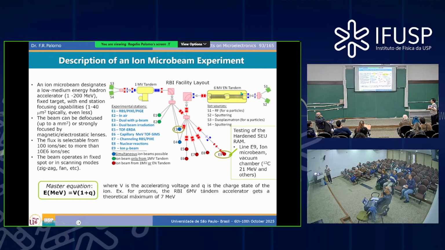That's the RBI. It's very similar to the one you have here in Paulo. They have a 6 MeV tandem, a horizontal one, with several lines. Also a 1 MeV tandem, again with several lines, even shared in between. Even a SEU RAM in line E9, that's a master equation. You will speak with the people from the facility, and they will gently